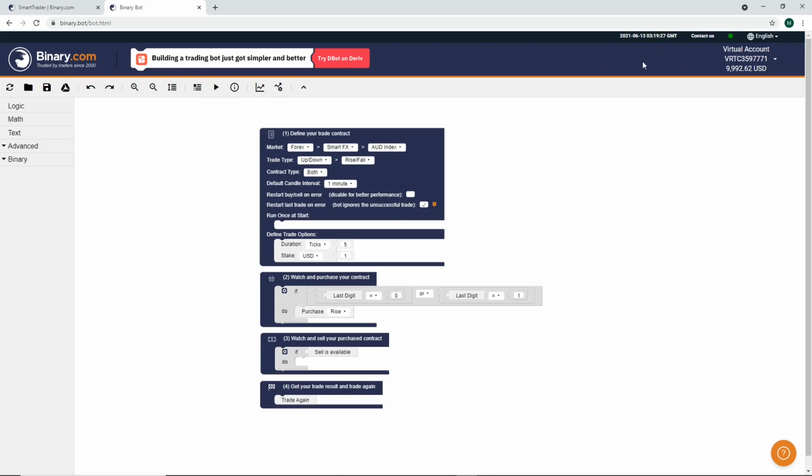Here let's see a quick intro about this interface. In the top right corner you will find the account type, either a virtual account or a real account. Then it shows the balance in those accounts. Before running the bot, make sure your account is in virtual. Unfortunately, if you choose the real account during the development of our bot, it can lead to loss in the real account, so ensure that you are in the virtual account.